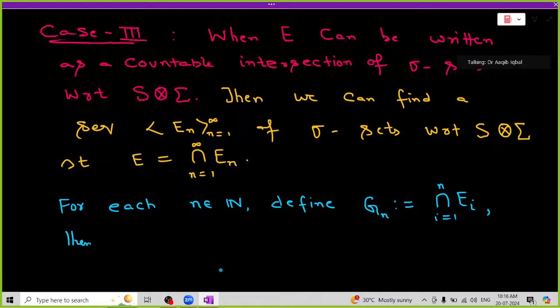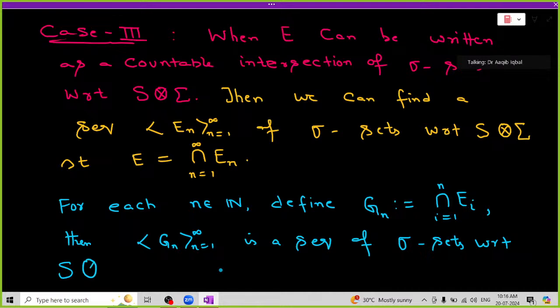Then, now what can you tell me about these g sub n's? What is g sub n? It's a finite intersection of E_i's. What are E_i's? Sigma sets. वो कल मैंने आपको बताया था. Finite intersection of sigma sets is a sigma set. So each g sub n is a sigma set. So this is a sequence of sigma sets with respect to the product semiring S0 times sigma such that